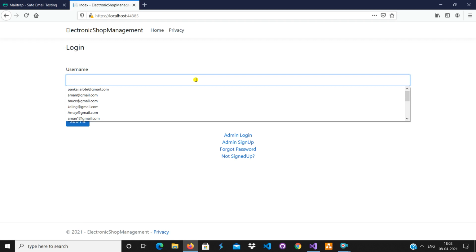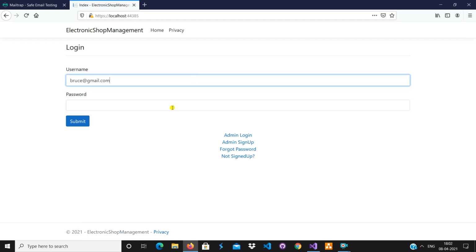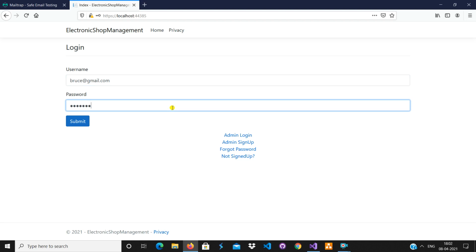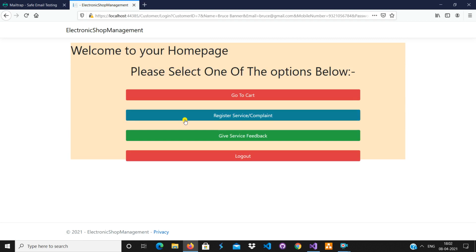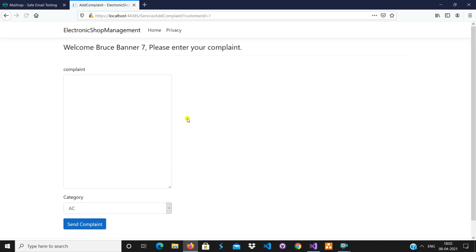And by default in this software I have kept cash on delivery. Now let's say if the customer has some complaint, let's say the customer has purchased some item and it's not working properly, then he can register a service complaint. So when we register the service complaint, the customer will have to enter the complaint. Let's say it is for AC. The cooling effect of AC is not proper,